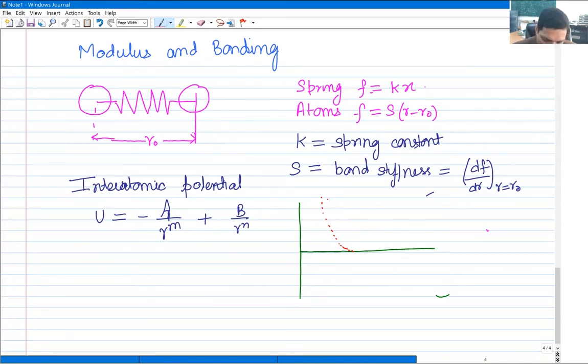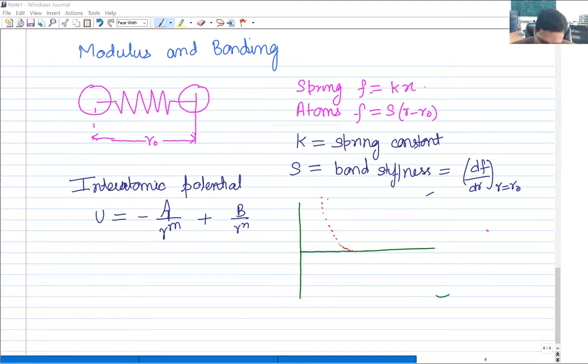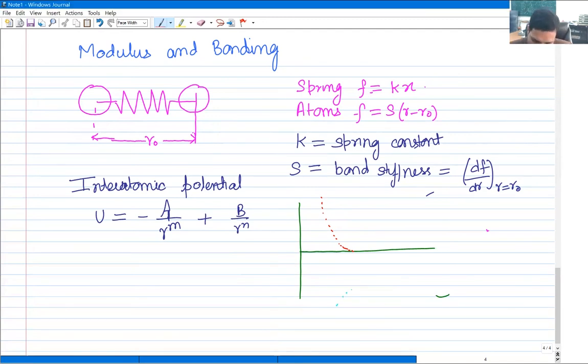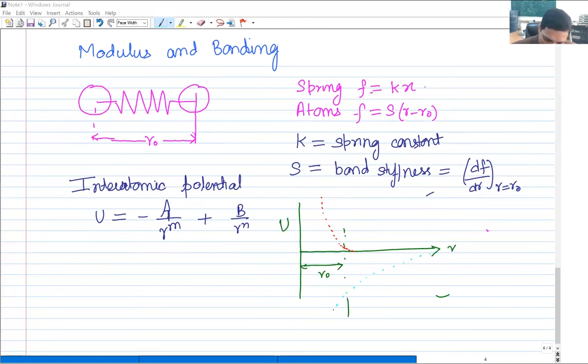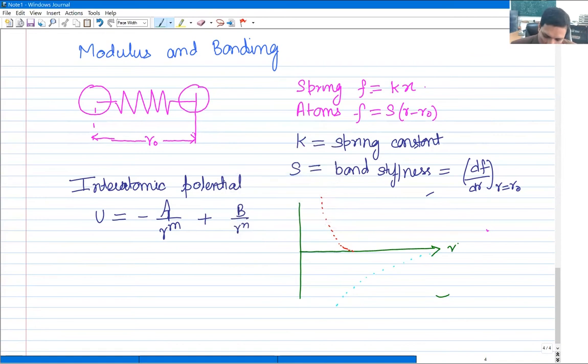On the other hand, we have the first term, which is the negative, and this is something like this. Let me go back to our green pen. So this is the distance, this is the atomic energy, and somewhere over here you have the equilibrium distance R0. As the distance is decreasing, somewhere over here there will be the equilibrium distance. If you look at only the attractive part, it wants to decrease the energy even further. But then this repulsive part overtakes. And therefore you have